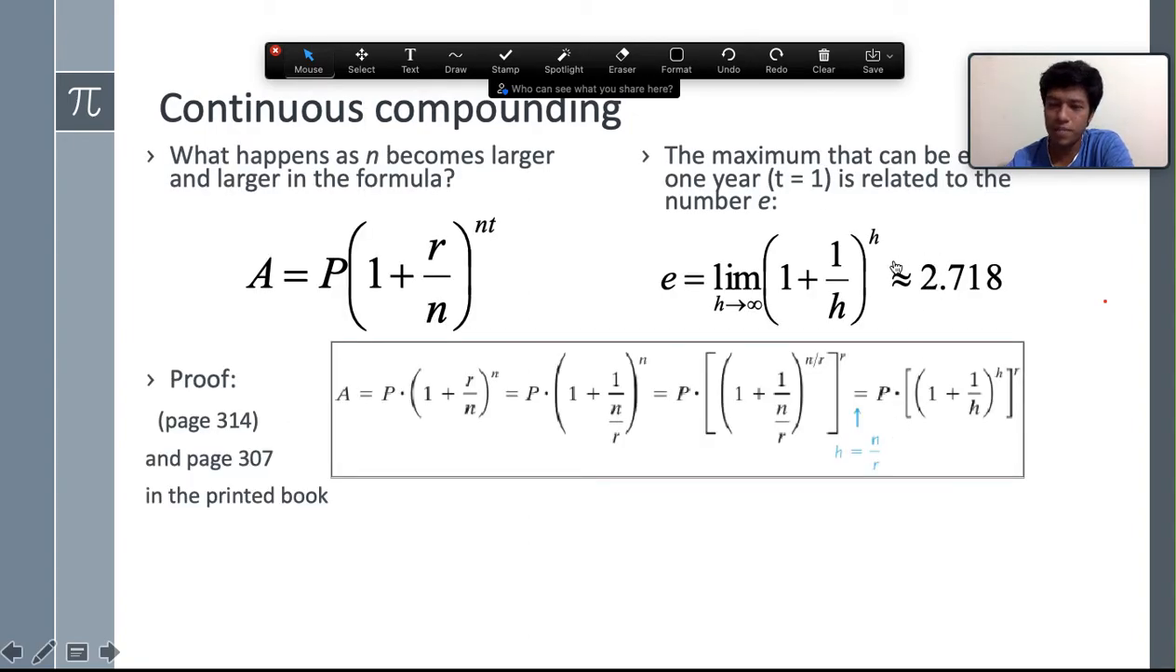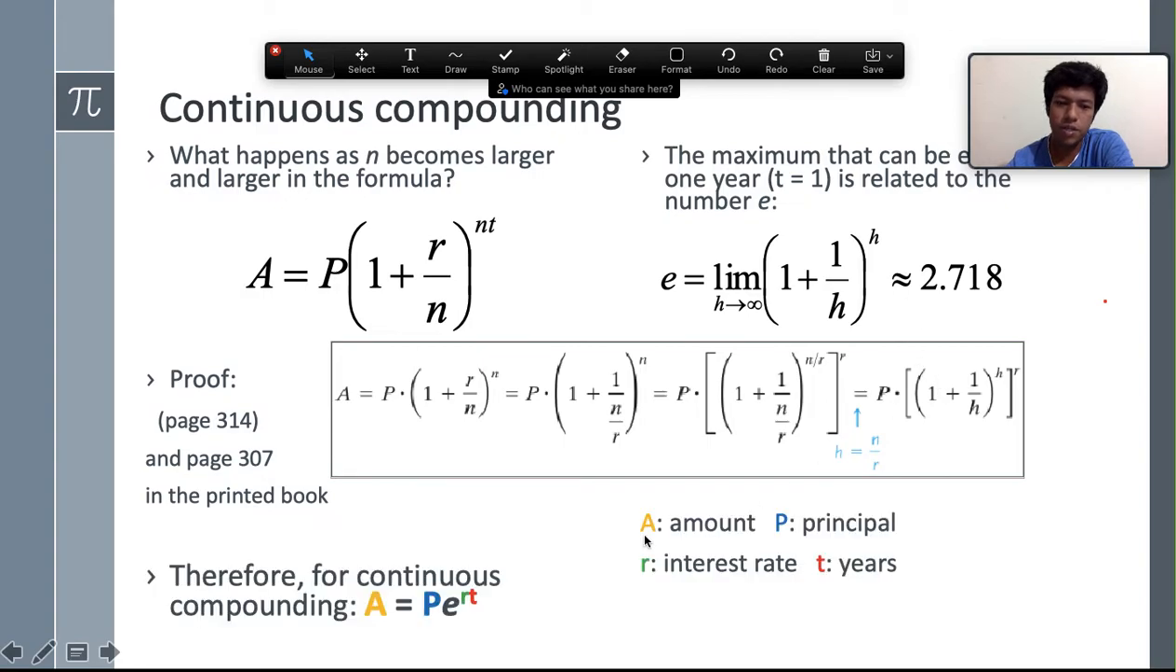How that formula came, I'm talking about that actually. How this A equals P e to the power RT came. So in this formula, if n tends to infinity, if the value of n goes to infinity here, then the entire value tends to the number e, because e is the number,